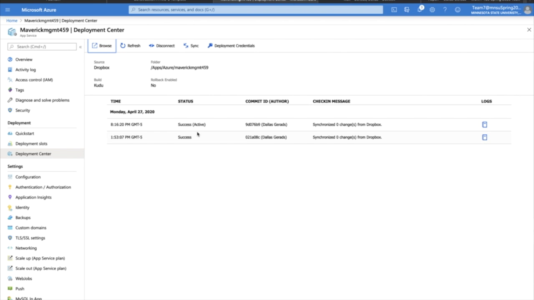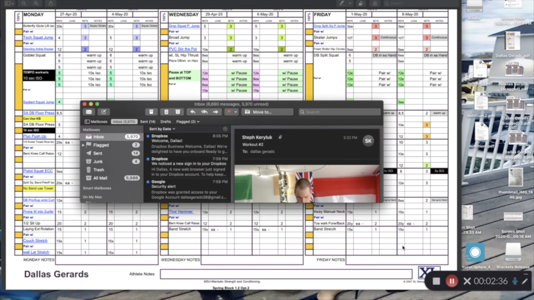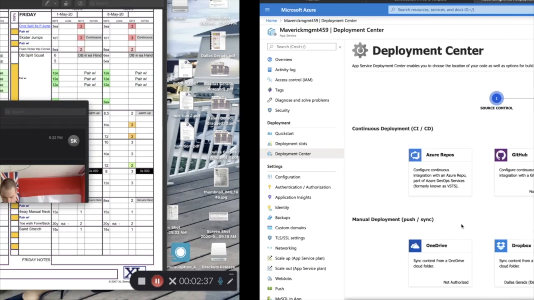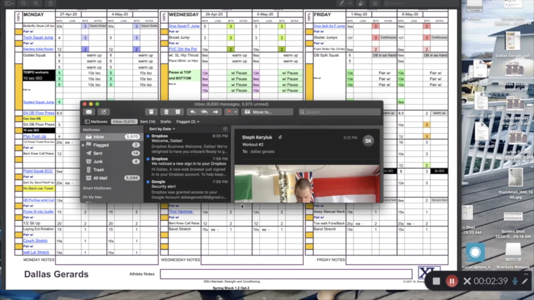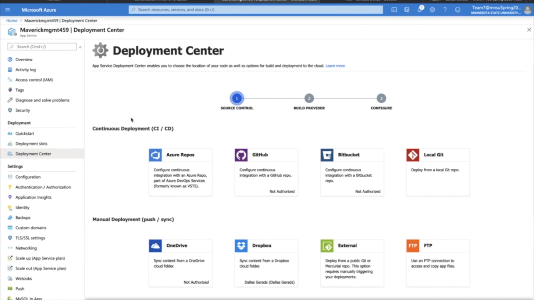I'm going to hit browse. Okay, so now that I disconnected, you hit the deployment center, and you can use any of these options, but